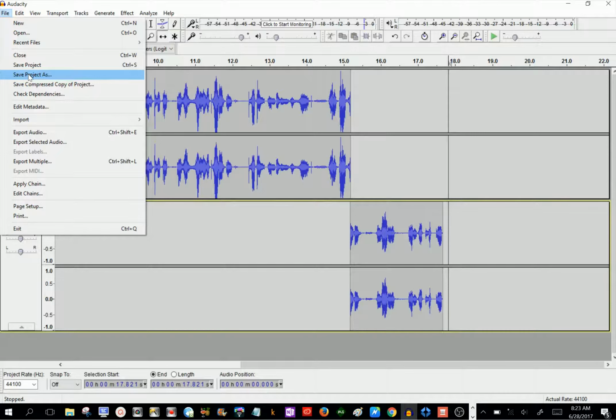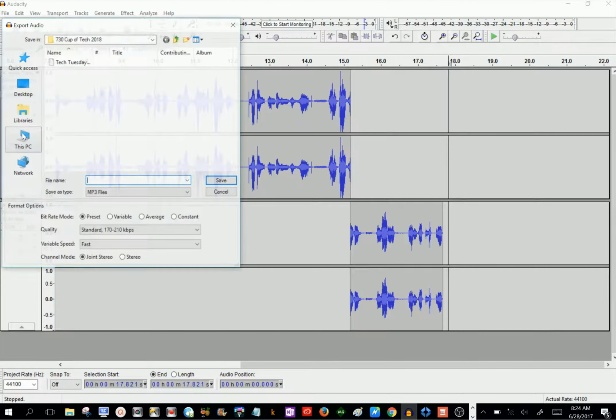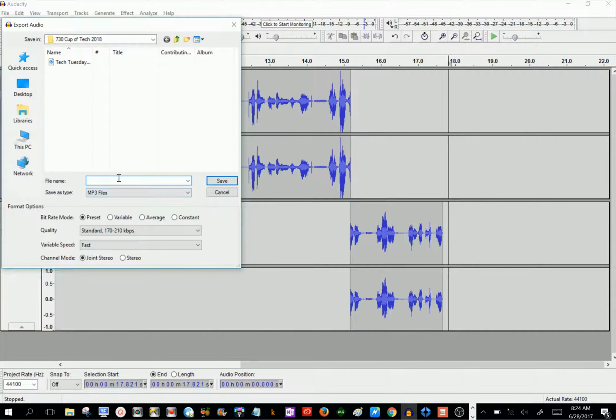as an Audacity file, which means you'd be able to come back and work on this at a later point, as long as you always keep the folder in the same place so it knows where to find that project. And you come down to Export Audio to have a nice standalone recording. Now you'll notice under my Save As Type,